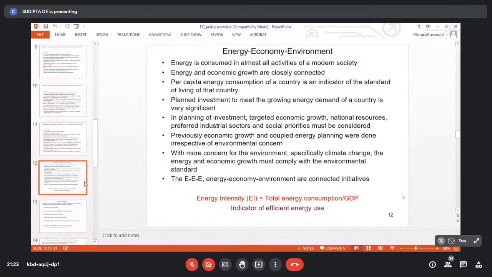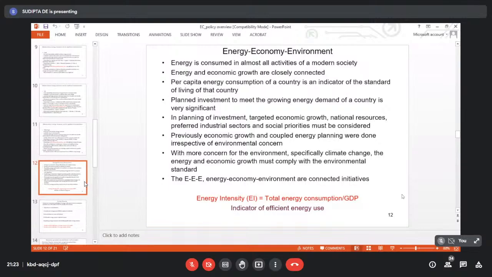So obviously now the renewable percentage addition is also a mandatory requirement for India. So, both meeting the requirement of electricity capacity addition and simultaneously meeting the lower carbon emission is a very important challenge for the Indian energy sector now. Then the EEE, we call it energy, economy and environment interrelations. Previously it was energy economy, 2E, now it is 3E. So the energy, economy, environment interrelations are very connected initiatives we have to take.